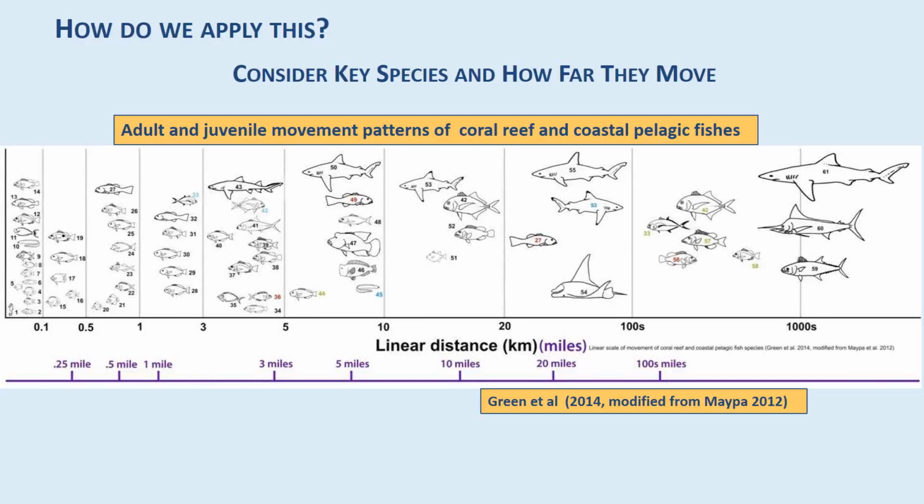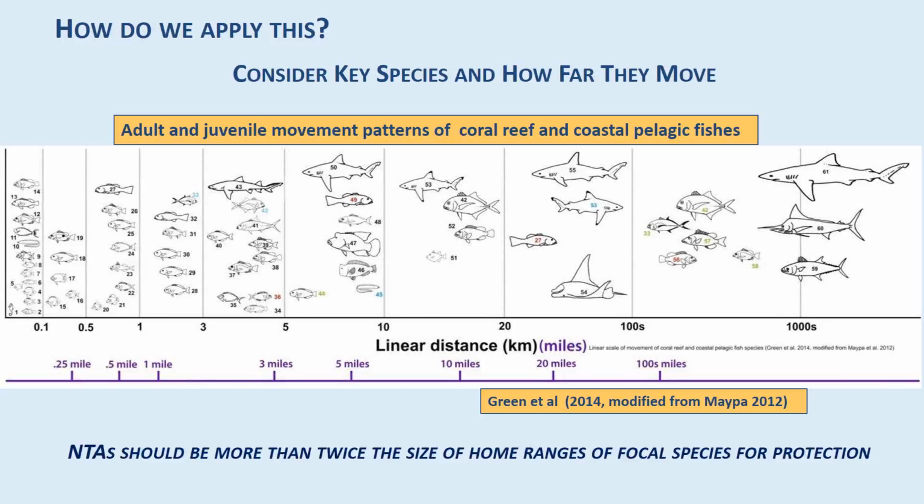So you can use that information to have very informed discussions with stakeholders. As you can see, most coral reef fish don't move very far, a couple of hundred metres to a few kilometres, but some move tens, hundreds or even thousands of kilometres. So this is a really powerful graphic that you can work with communities to say, what species do you care about, how far do they move, and therefore how big do your areas need to be? Or you can say, how big is the area you've got, and is it likely to protect the species that you care about? And in a minute, I'm going to give you an example, a case study of how we've actually done that. But before I do that, I just want to mention a couple more things.